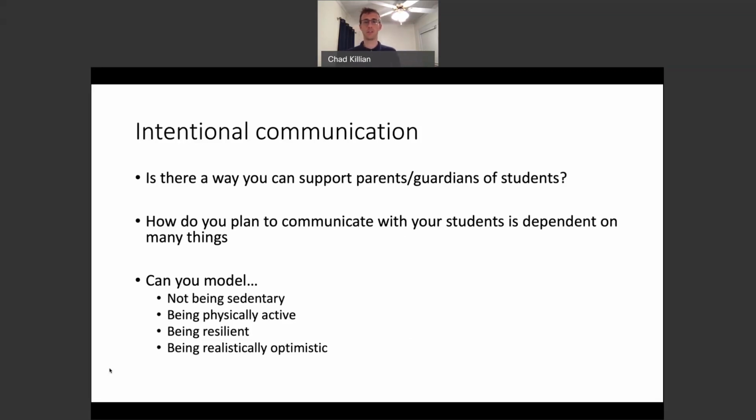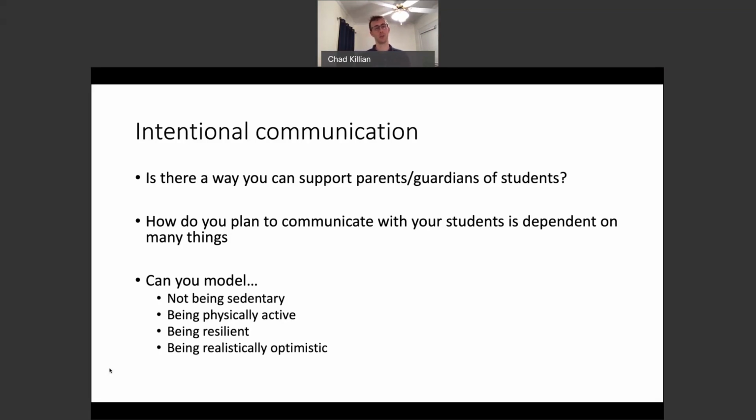So, how can you support parents? A lot of parents probably rely on the schools and daycares for the majority of the day while they're at work. And so, being at home during the school day, when they would normally be at work, is a novel thing. Is there a way? Do you have relationships with the community that you can use to help the parents navigate this interesting experience, with the goal of reducing student sedentary behavior, with the goal of helping families and students in particular be physically active?